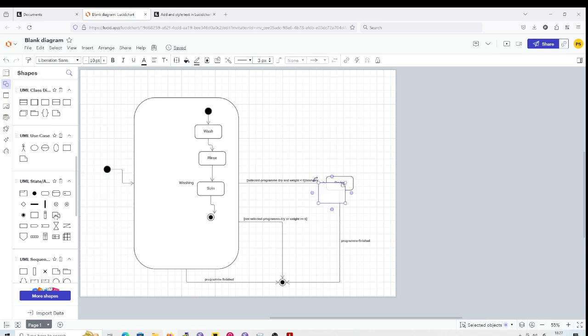We need a note. This is a note. Let's make it nice and big. And inside our note we're going to write context washer dryer inv colon, because that's how we say this is a class invariant. Now we're going to want weight less than 10 and selected program.dry implies